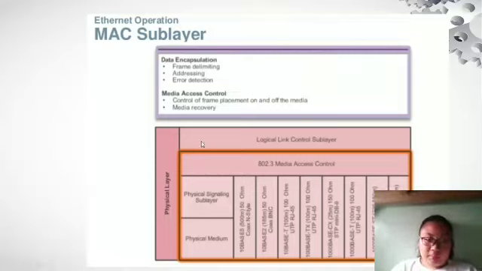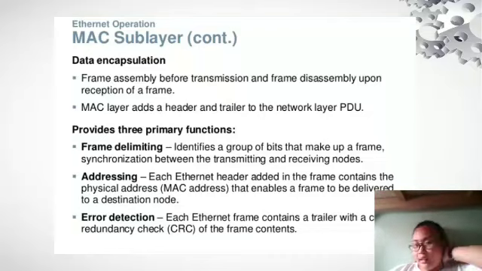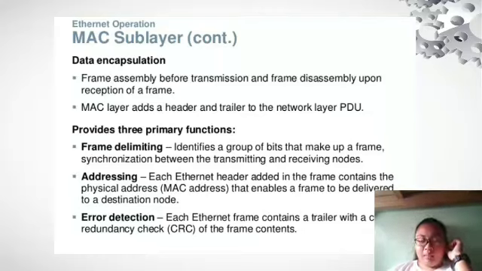This figure shows the physical layer. MAC sublayer, the data encapsulation. The frame assembly before transmission and frame disassembly upon reception of a frame. The MAC layer adds a header and trailer to the network layer PDU. It provides three primary functions. The first one is frame delimiting, which identifies a group of bits that make up a frame,